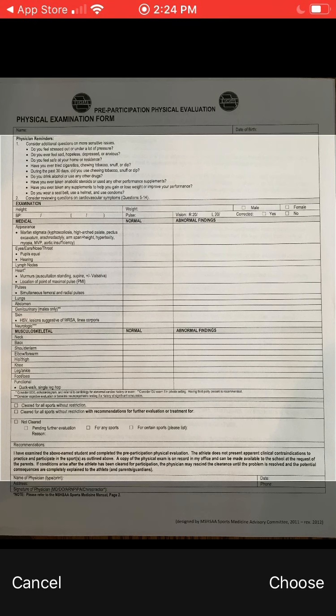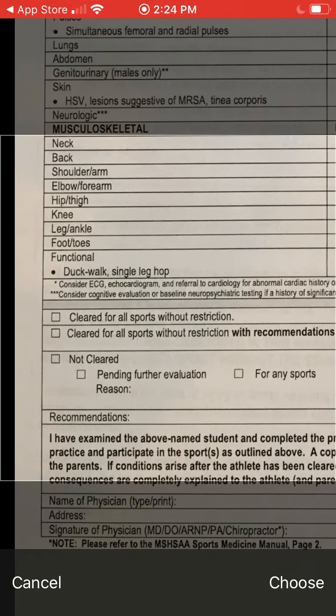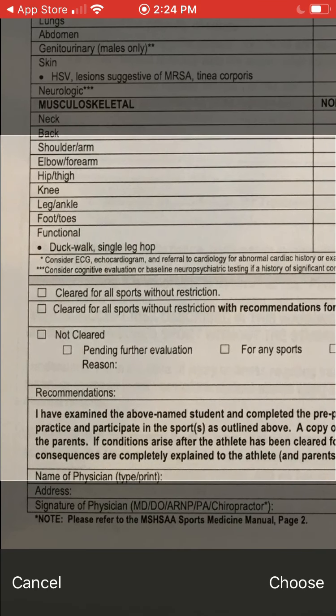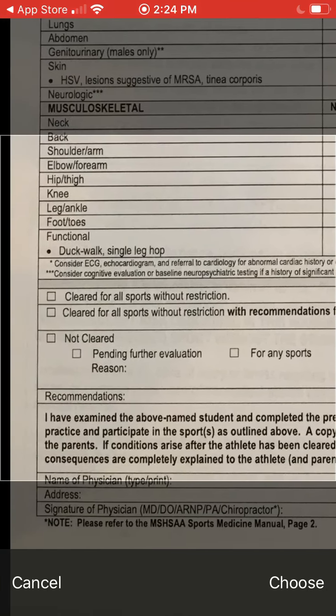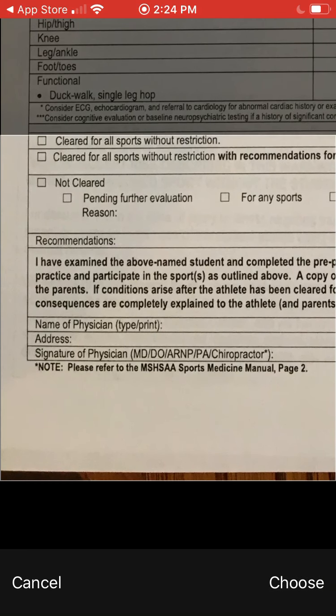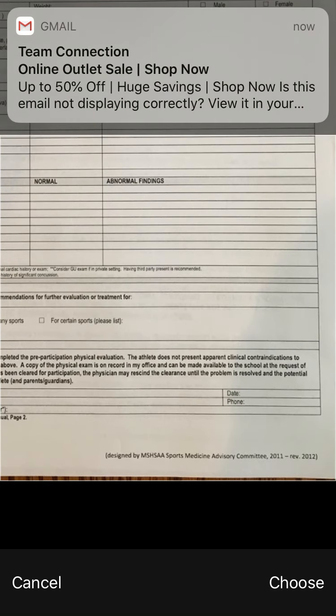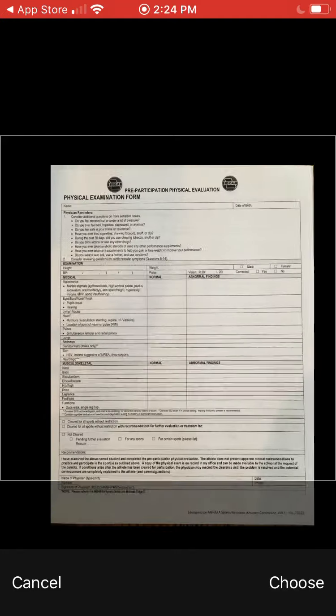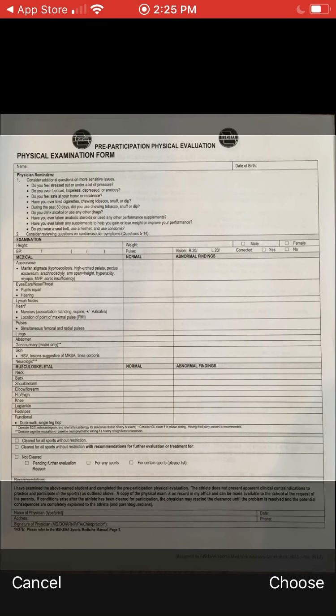I know some of your physicals have multiple pages. This is the page that's the most important. To be honest, the other pages aren't quite as important. It's this page because this is the page, if I scroll down here at the bottom, where your doctor has to check whether you are cleared, not cleared, cleared with recommendations, and you have your doctor's signature right down here at the bottom. The name of the physician, the date, all of that is on there. And so that is super important, and that is what we need. And so I'm going to choose this,